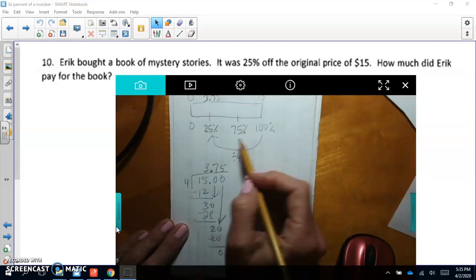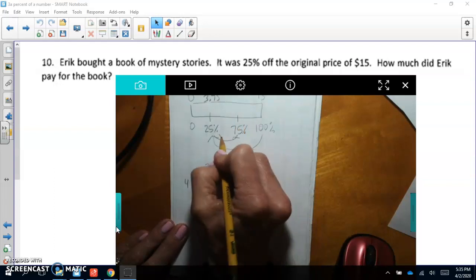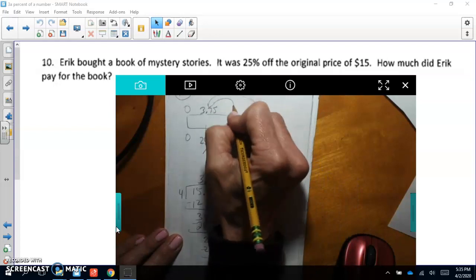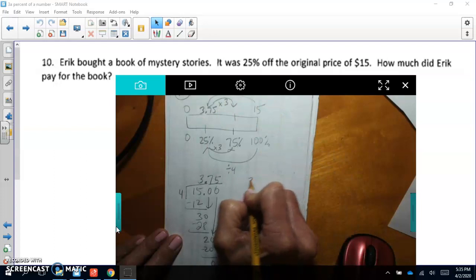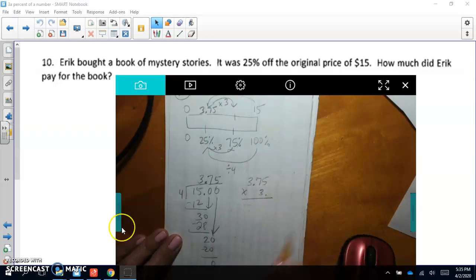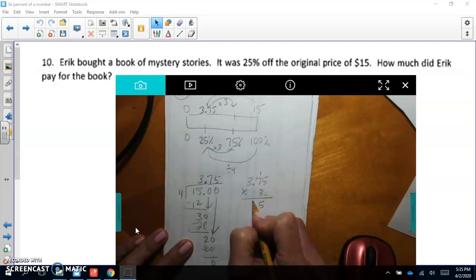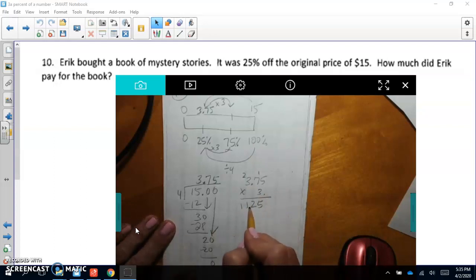$3.75. But I do want to get to 75%. So 25% times 3 will give me 75%. And 3.75 times 3, well, let's see what that is. 375 times 3, there's my decimal at the end. 3 times 5 is 15, carry the 1. 3 times 7 is 21, add 1 is 22, carry the 2. 3 times 3 is 9, 10, 11. And the decimal goes 2 places in,